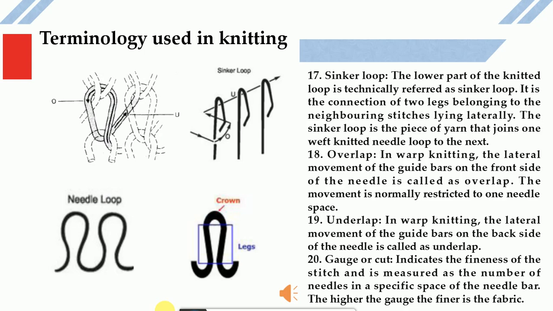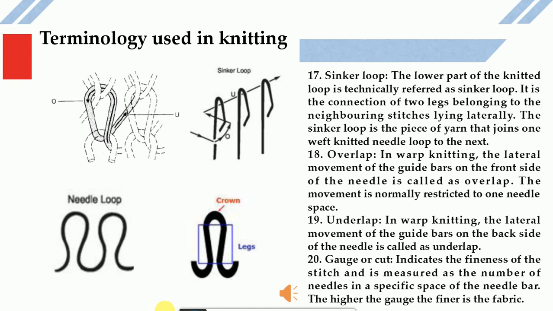Sinker loop. The lower part of the knitted loop is technically referred to as the sinker loop. It is the connection of two legs belonging to the neighboring stitches lying laterally. The sinker loop is the piece of yarn that joins one weft knitted needle loop to the next. 18. Overlap. In warp knitting, the lateral movement of the guide bars on the front side of the needle is